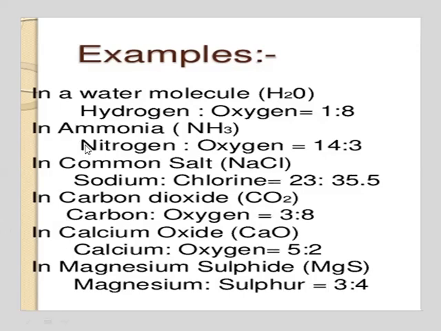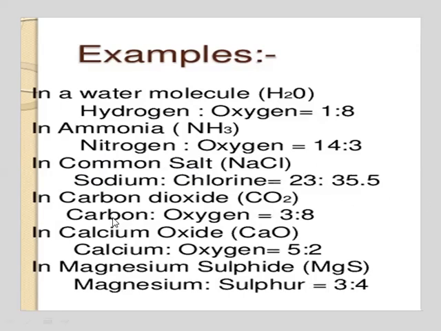We can take up the example of ammonia also. The compound is formed as a result of combination of two elements, nitrogen and hydrogen, every time. The two elements combine together in the same ratio of 14:3 by mass. Common salt, which is sodium chloride, also is formed of two elements, sodium and chlorine. If we consider the masses of the two elements in the compound, it will always be